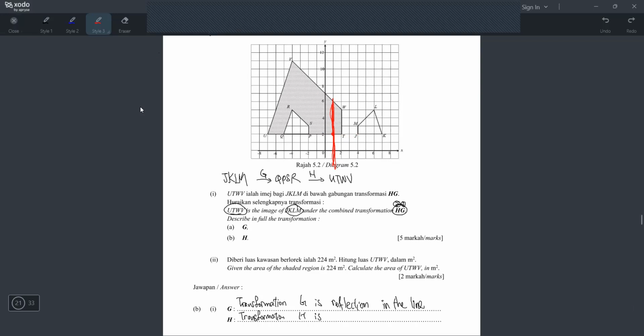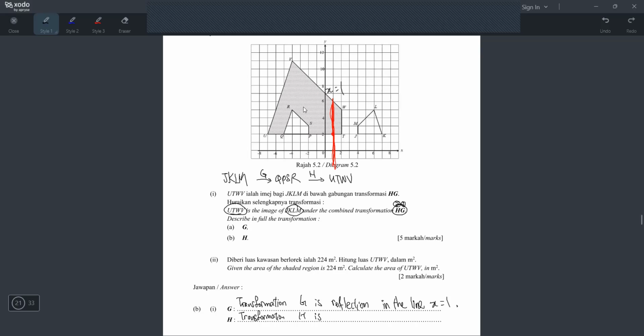Okay, and do you remember just now got one question, the straight line question? I forget which question already. Just now I mentioned straight line ada 2 jenis line, non-gradient line and gradient line, right? And this is clearly non-gradient line. So if it's non-gradient line, macam mana dia punya equation? Dia takkan jadi y equals mx plus c. Dia akan jadi x equals number or y equals number. And for this case is x equals number because dia potong x. Dia potong x dekat 1, so itulah equation dia. In the line x equals 1. Okay, itu jawapan dia. That's how you get full marks for transformation G.